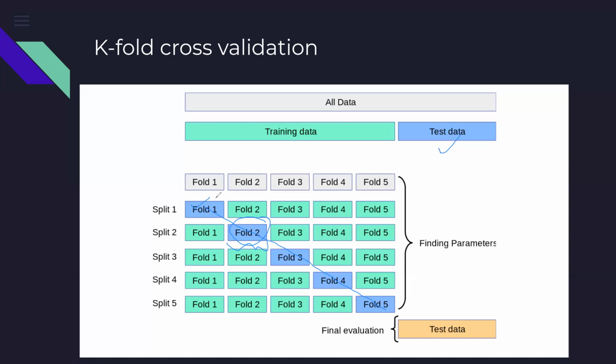The second thing which comes out of this process is that I am not testing the data only once. If I do it, say, 5 times during the training process, another thing that I would be able to see is the variability in my prediction. So suppose on fold 1, it is giving me a very good result. On fold 2, it's not giving me a good result. It means that the model is not really stable. It is giving good results in some cases, bad results in other cases.